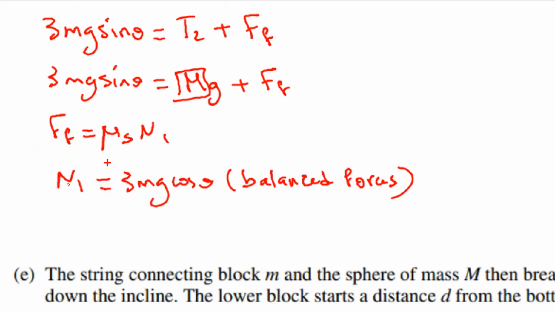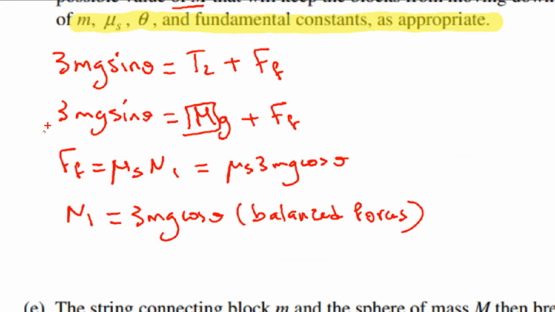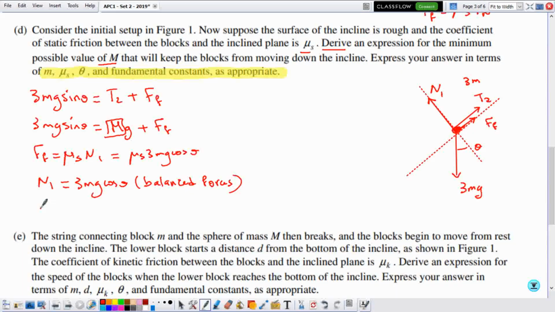Now this expression would be replaced here, and this would be replaced here. So FF would be equal to mu s multiplied by 3mg cosine theta. Then we have 3mg sine theta equals capital M multiplied by g plus mu s 3mg cosine theta. Now luckily g with the g cancel. We are interested in finding capital M. If we move this to the other side, that would be 3m sine theta